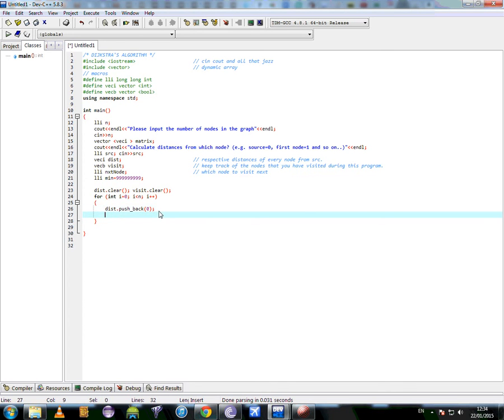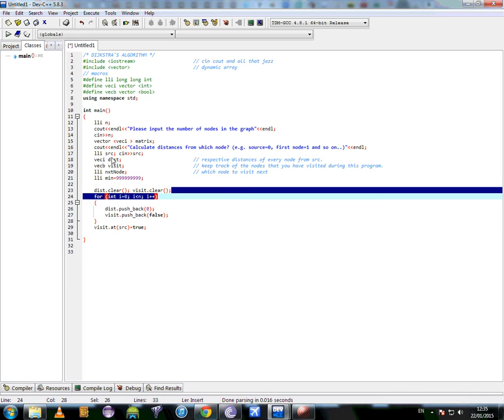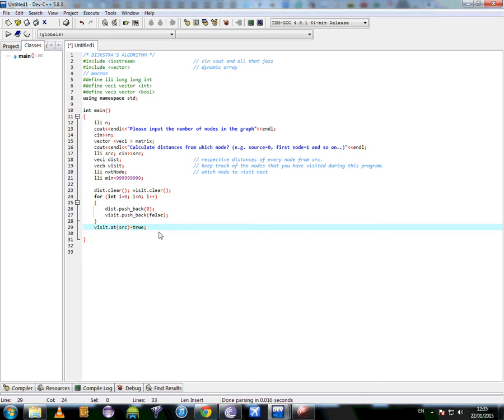So this will push back 0 and visit dot push back false, because no node has been visited yet, but I will have to set visit dot at src is equal to true, because you're not going to visit the node that you want to calculate the distance from, so that's src node, right? So you won't run that. Okay, so